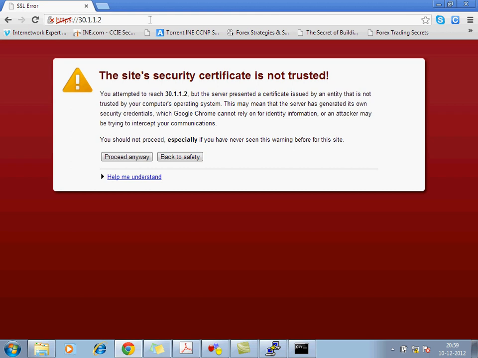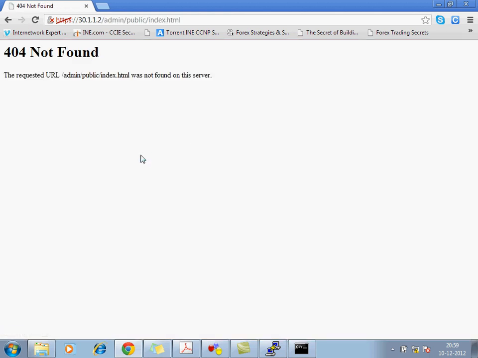The first time you initialize the ASA from your laptop, it will ask whether you trust the certificate, because the certificates you already trust are saved in your Chrome, or maybe in Mozilla. This certificate is new to Chrome, so it says the certificate is not trusted, and asks if you still want to proceed. I am clicking proceed anyway.